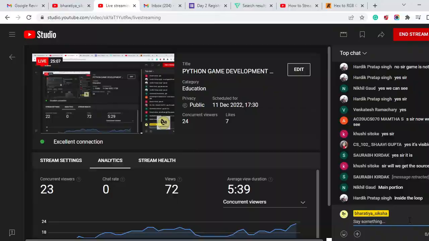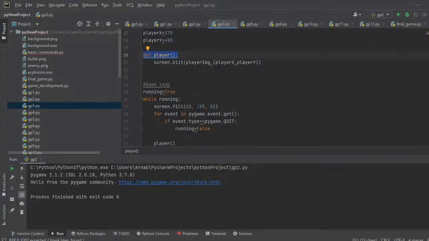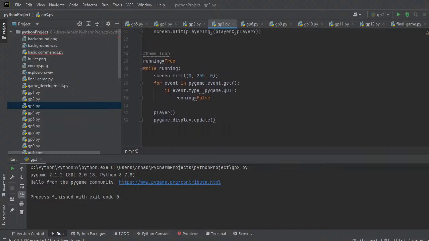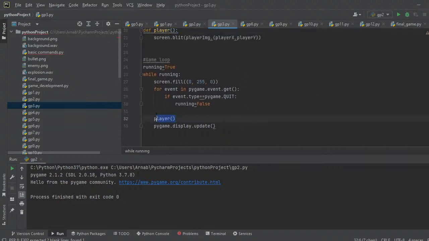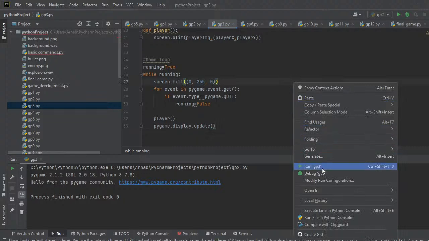Okay, so now we are putting the value of that particular image inside the loop. We call the function player inside the loop, and whenever we do that, we need to perform display.update, because it is not getting updated each and every time. Whatever we put, we need to get updated. Okay, so now if we run this particular program,